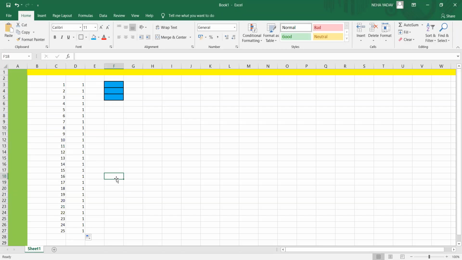Why did this happen? Because we have always studied that the computer has zero IQ. That means the computer cannot think for itself. Now how would the computer know whether I want 1 2 3 4 or 1 1 1 1? So if you have written 1 2 3, then the computer will understand, okay, I need to carry on the same counting. And if you are only autofilling 1, then the computer will not understand.